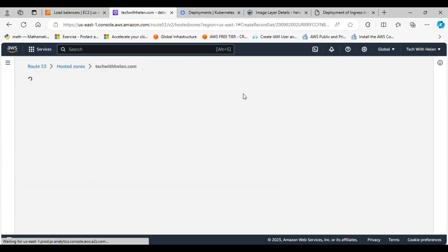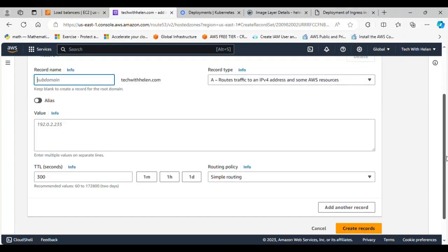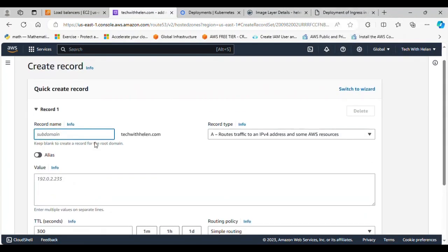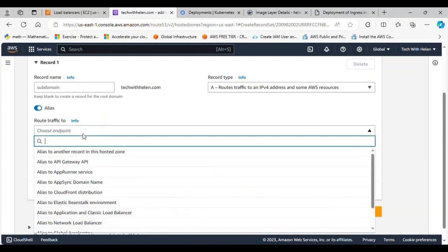Now I want us to create an A record so we can do the mapping. I want us to access our application using a custom domain name and not that load balancer DNS name. For the record name, I'll leave this empty because I just want to use the root domain. I'll toggle on alias here, since we are routing traffic to